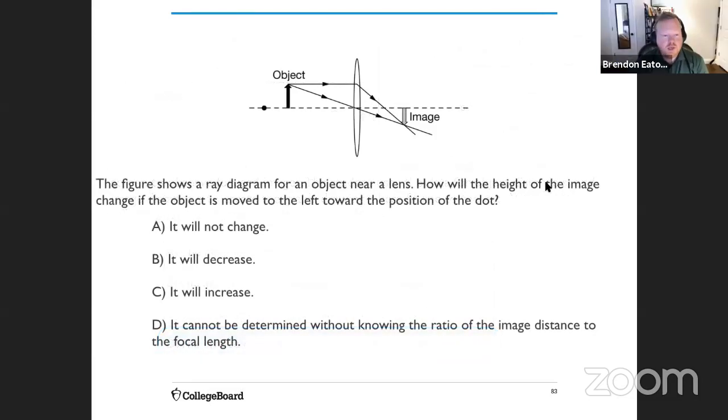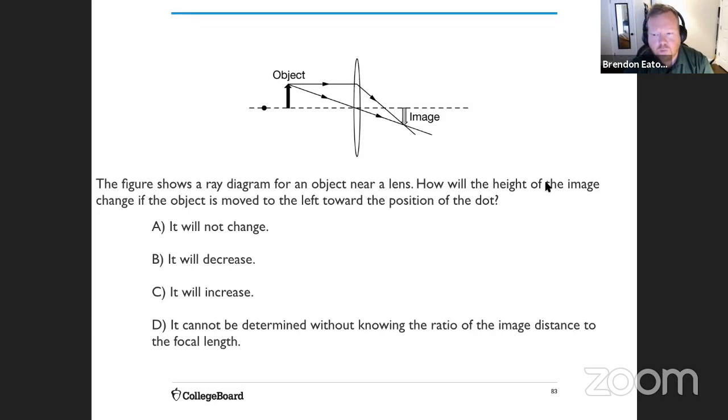Okay, our last question is just a lens with an object and a very small inverted image on the right-hand side. And it says, how will the height of the image change if the object is moved to the left toward the position of the dot? It's not saying that the dot is the focal point, it's just saying it's going to move the object to the left. Now you'll recall from the diagrams that we showed you before, as you move that image further away,